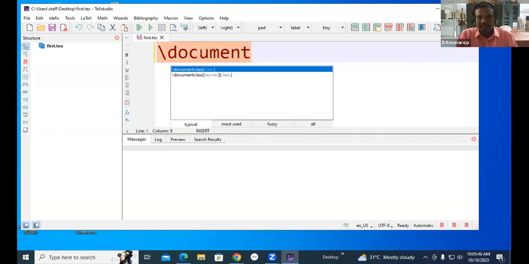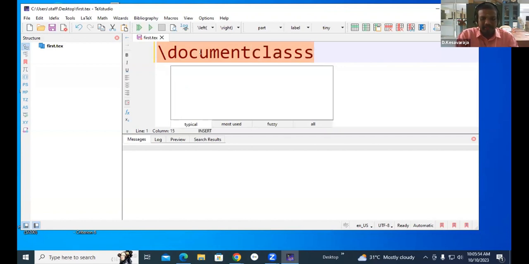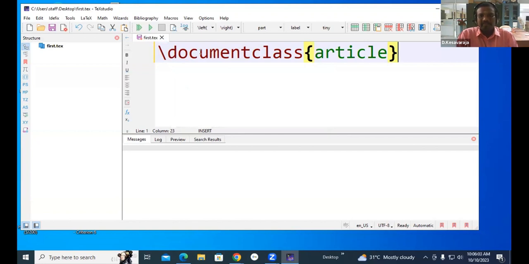One is \documentclass, the name of the class. The second one is \documentclass, square bracket key value, and the name of the class. So I will type \documentclass, then open curly brace, the name of the class, article. I have written my first line, \documentclass{article}. Then my second line was